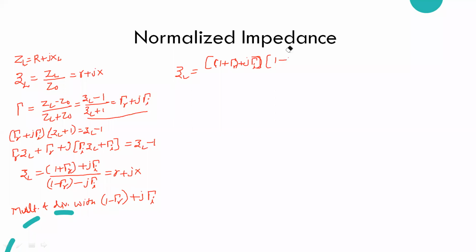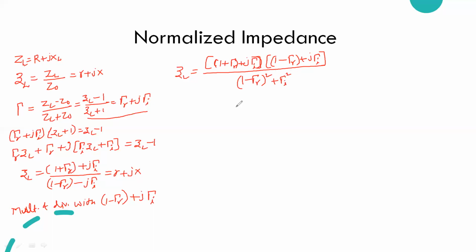So it is a minus. Okay. So we are multiplying and dividing the numerator term, that is, 1 minus gamma R plus J gamma I. Similarly, the denominator term will be the opposite term, that is a plus jb and a minus jb. So if you take the product directly, I can get the value like this: 1 minus gamma R whole square plus gamma I square.